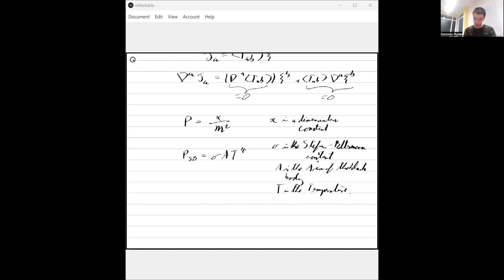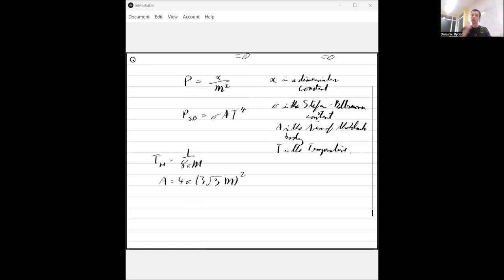So using the Hawking temperature, T_H equals 1 over 8 pi m, I've used it in terms of m instead of kappa, and the effective area of the black hole, the simple way to think about it is the area at which the radiation coming away from the black hole starts to look like a black body radiating. So the light bending due to the gravitational field near the event horizon is no longer having a significant effect. Thus, to a reasonable approximation,